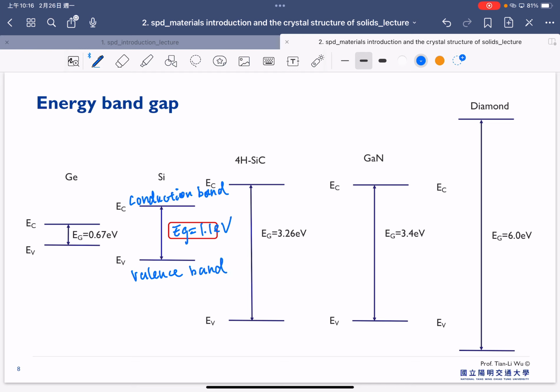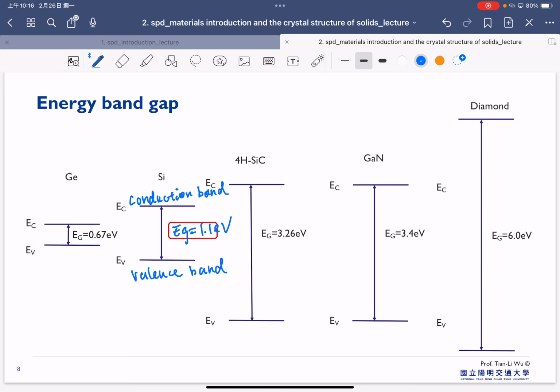So the band gap is basically the difference between the top of conduction band and the bottom of the valence band. We will also explain what the conduction band and valence band mean later. But here just have to know that there's a number called the band gap, and in the silicon case, the band gap